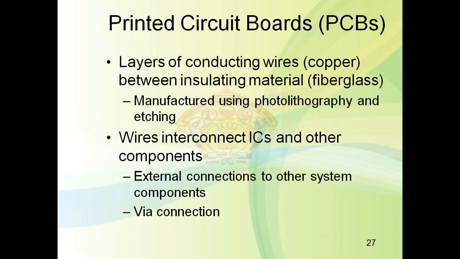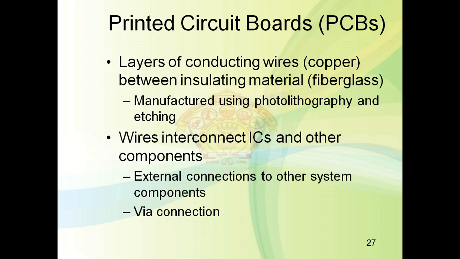Then what is the PCB? The packed IC and other components are assembled together on a printed circuit board. A printed circuit board consists of a fiberglass or insulating layer, covered on either side by conducting material, that will be wire. So it consists of an insulating fiberglass layer separated by a metal layer called the wiring tracks.